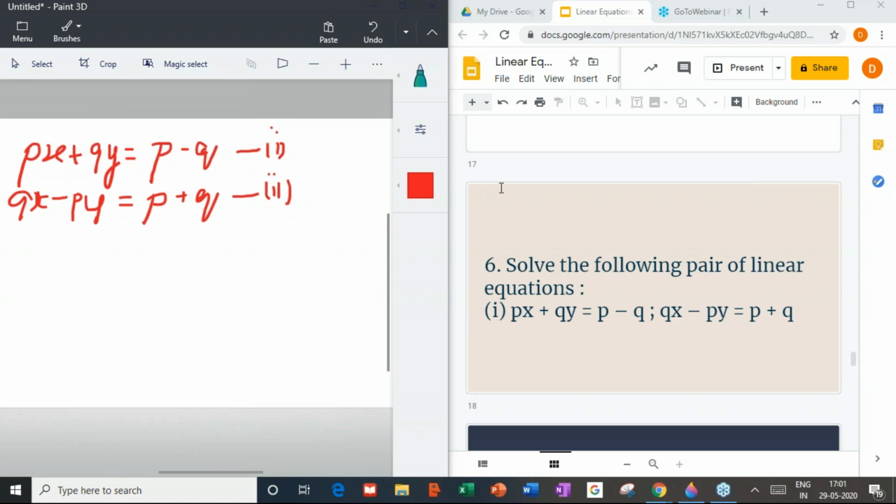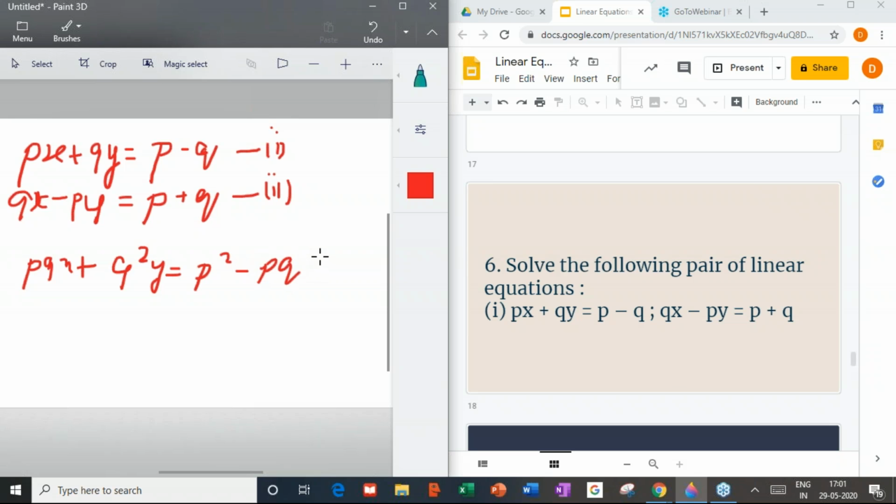Pratim, I did not say anything. I just wrote the equation again on the board and I said that if you notice, the coefficients of x and y are different, like px and qx. So if you multiply equation 1 with q, you will get something like pqx plus q square y is equal to p square minus pq, right? And I'm going to multiply the second equation with